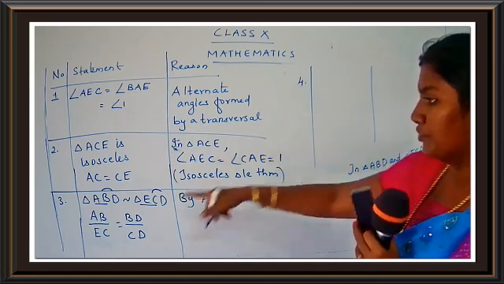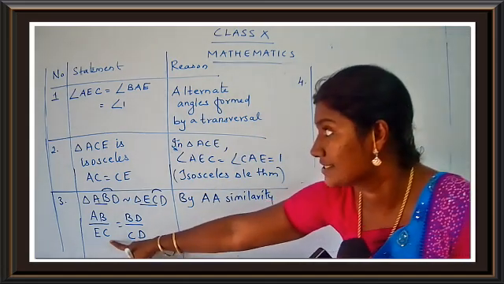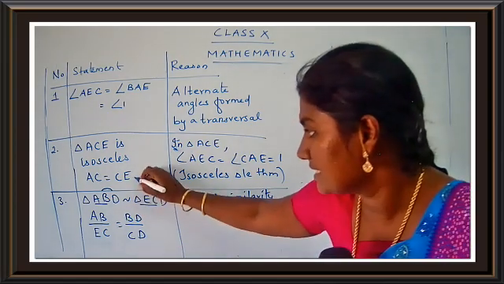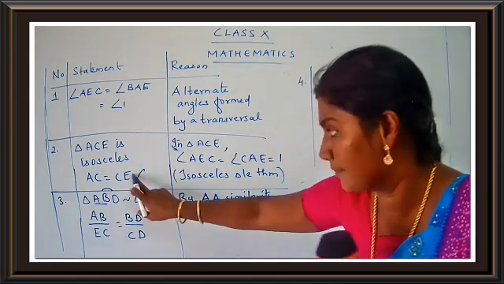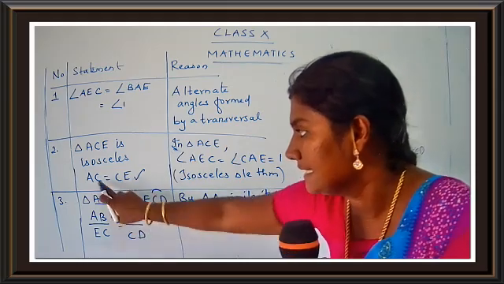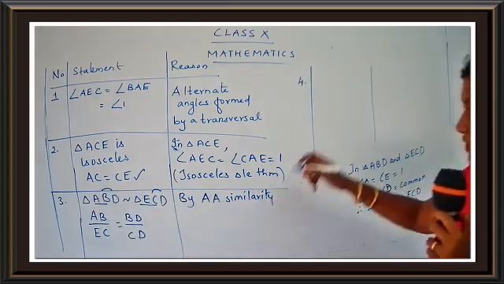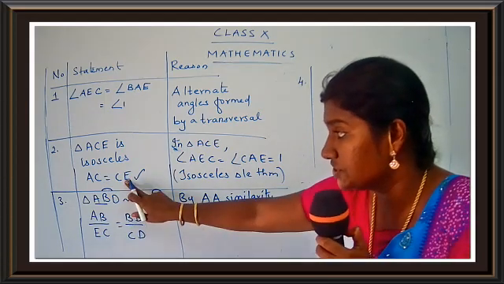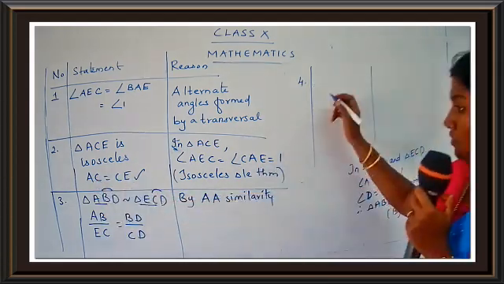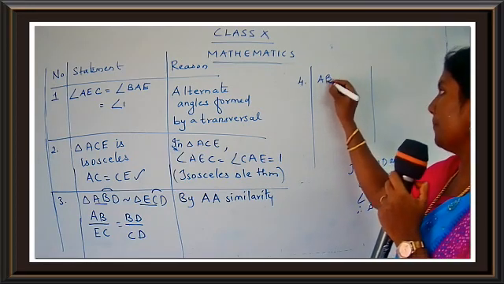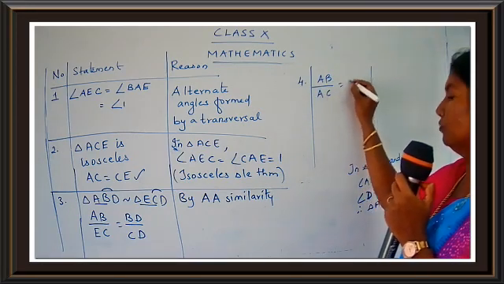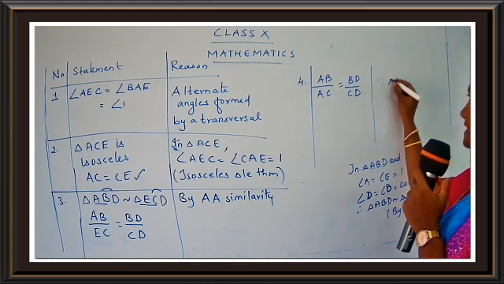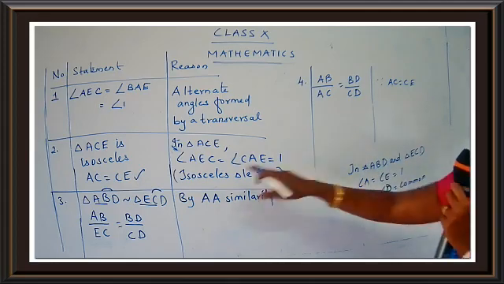So what you are going to do is, you're just going to interchange this EC. See here, children, what we have got here. EC and CE are same, yes? So what is the value for CE? It is AC, yes? Just write down here. Just replace this EC. That's all. The 4th statement is, just change CE as AC. So put here, AB upon AC is equal to BD upon CD, since AC is equal to CE.